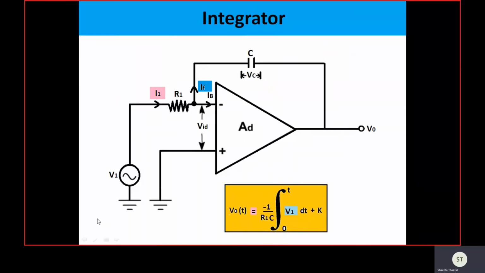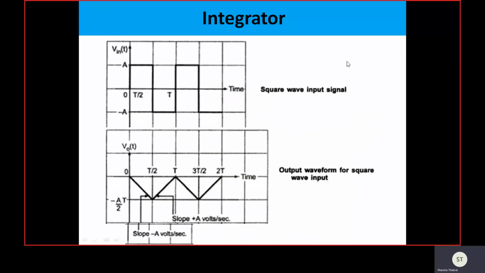So here we have the final expression of output voltage, and that can be seen as the integration of input voltage. That's why this circuit is called an integrator. So here the operational amplifier is working as an integrator. And if we are providing the square wave to integrator, in the square wave the amplitude in the positive side is A, and in the negative side this is minus A. So when we pass this square wave to integrator, this is considered to be the ramp signal. So here the amplitude is A and here this is minus A.